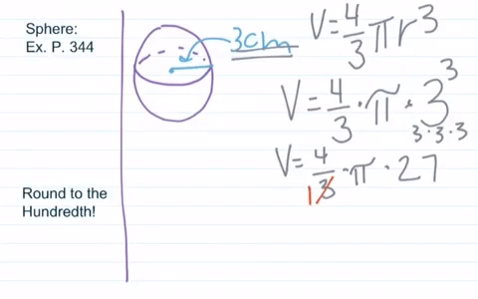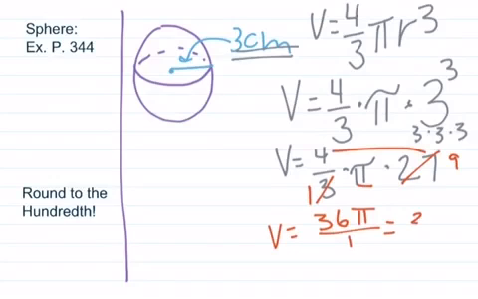So 3 goes into 3 once, and 3 goes into 27, 9. And then I'm going to do 4 times my 9. And that gives me 36. And then I have pi. So that'd be 36 pi over 1, which is just 36 pi. Again, guys, you can use your calculator here. So 36 times pi, again I'm using the pi button, is